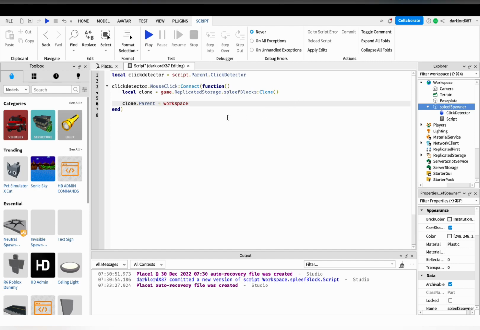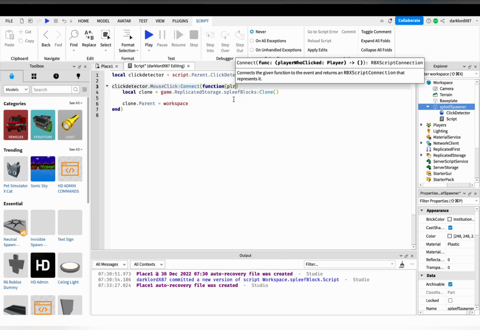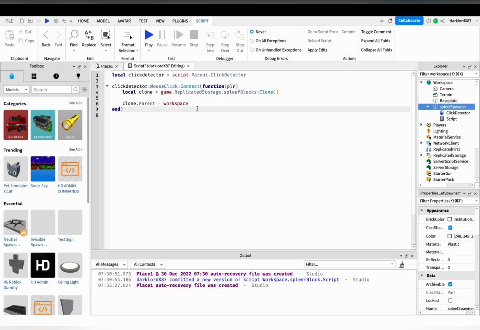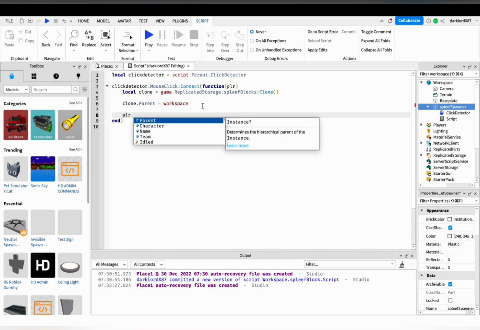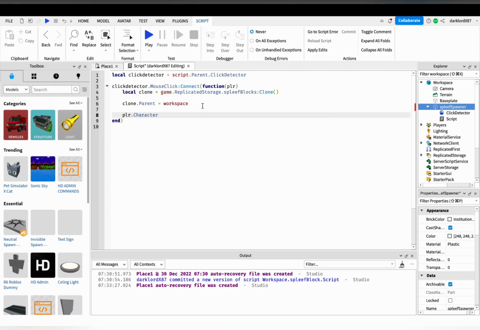Yep, so pretty much setting the spleef blocks parent to the workspace. You don't actually need that in the function, but you can put the player inside the brackets. Actually no, you do need to have the player in the function. So have the player after the function in brackets, player. And now we're going to say